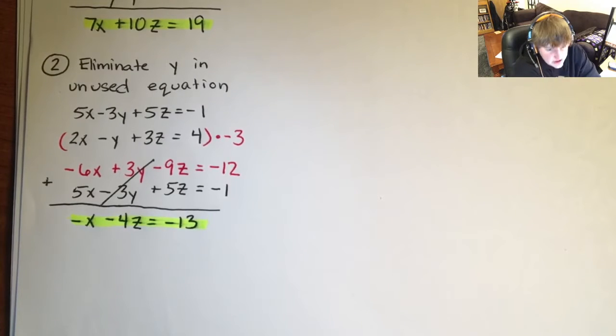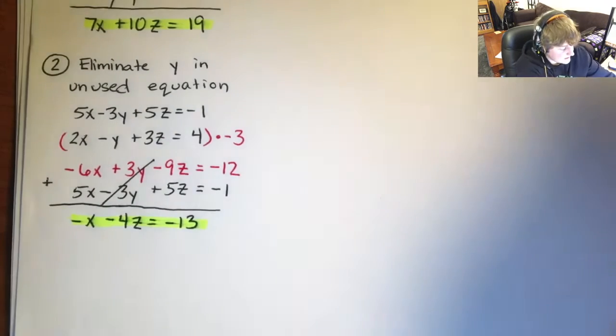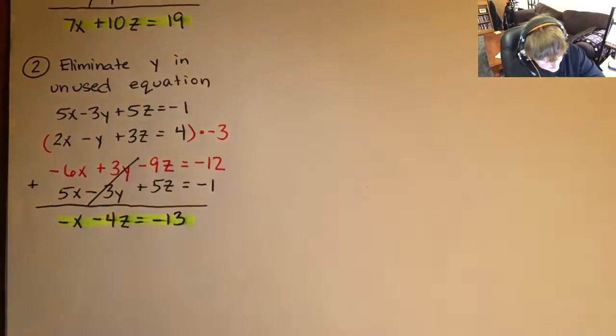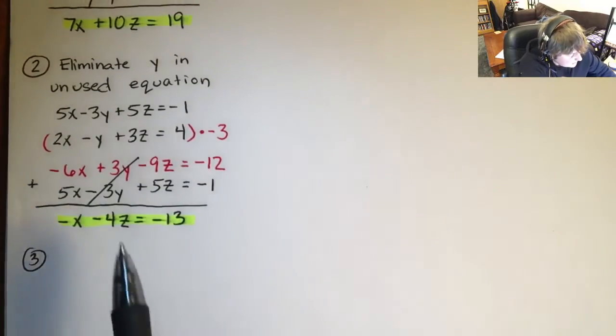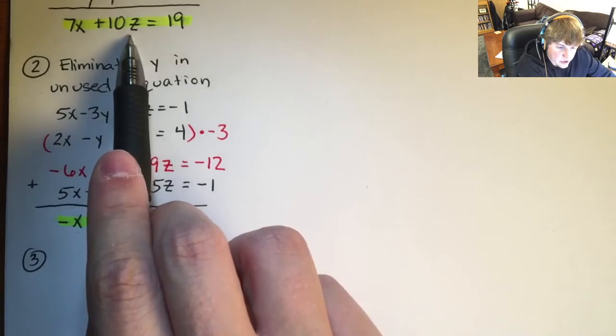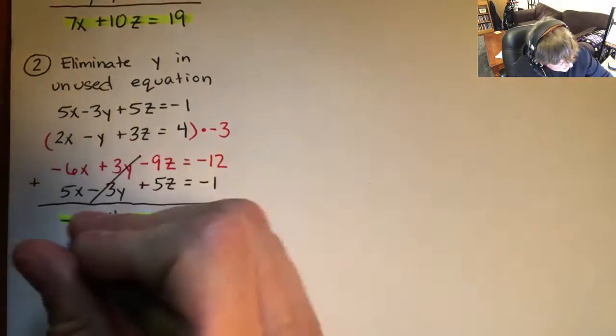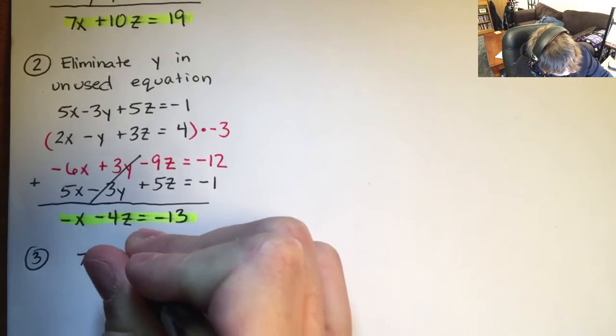Okay, so the first 2 steps are all about just boiling down to two equations, so it's just x's and z's, or x's and y's, or y's and z's. You just want to eliminate one of them, and you got to make sure it's the same variable for 1 and 2. Now the third step is kind of broad, but you just want to solve for these variables, and it's really not as complicated as it sounds. If I just write my work down here,